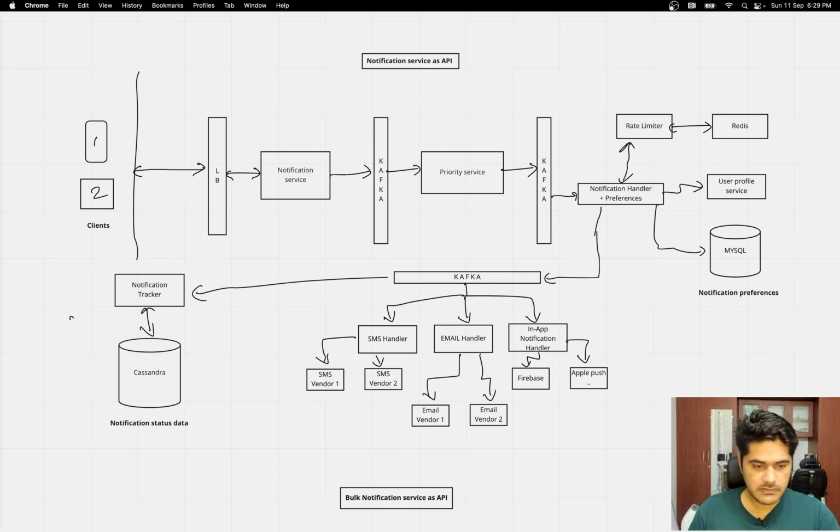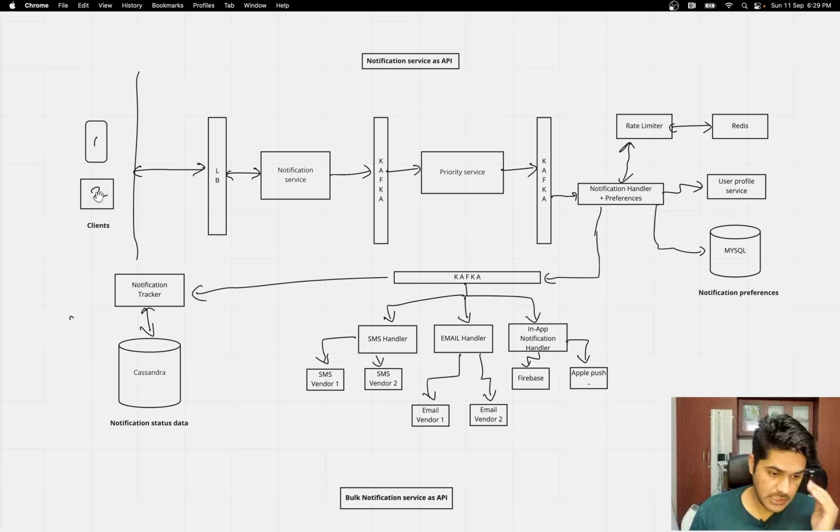Let's start with the very start. Basically, let's suppose you have multiple clients, and I'm not talking about end users. I'm not talking about someone who is using your app. I'm talking about, for example, your order service, your authentication service, the example I gave earlier, right? Or other services in your org, or external customers.